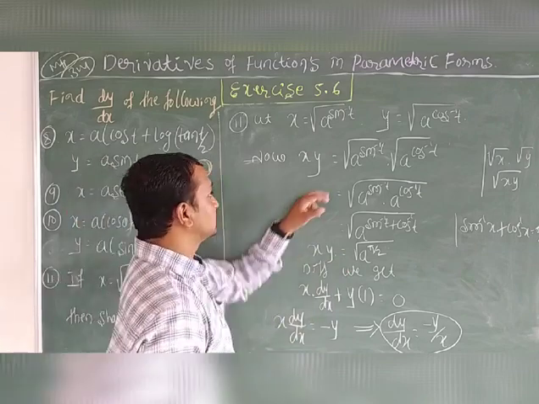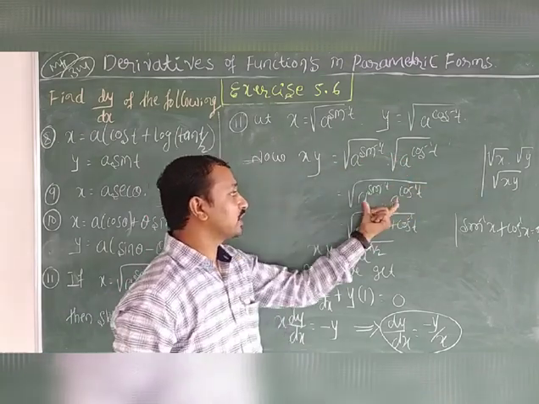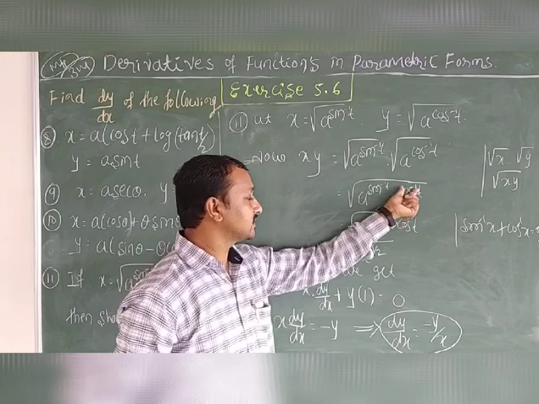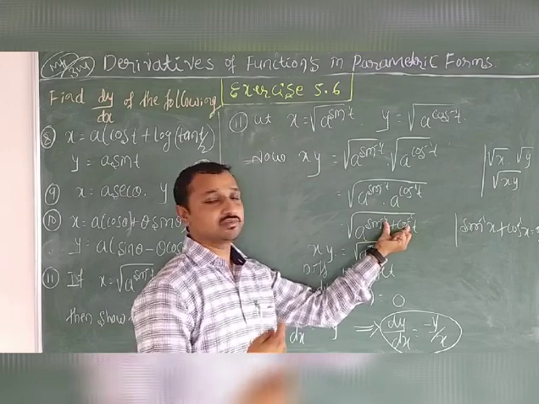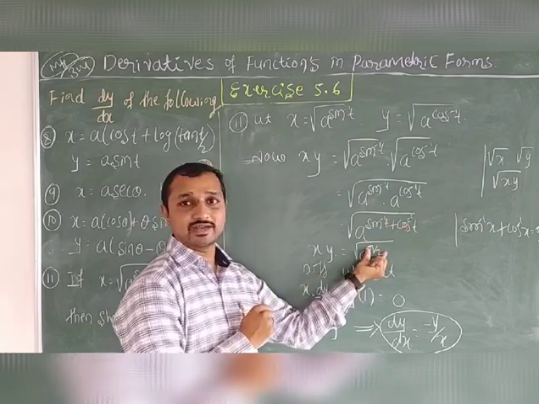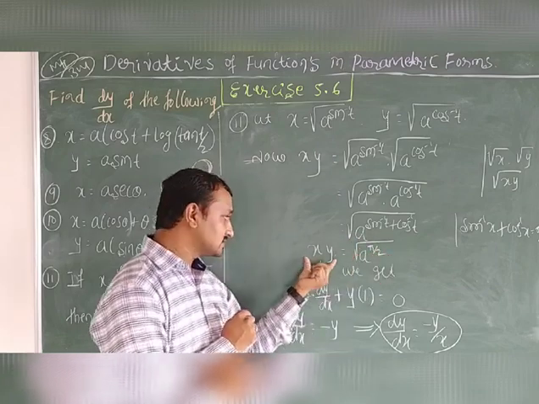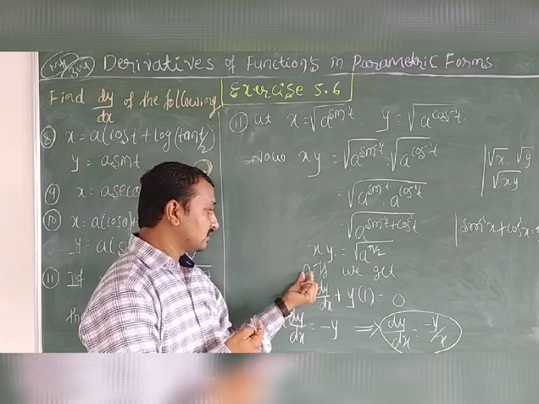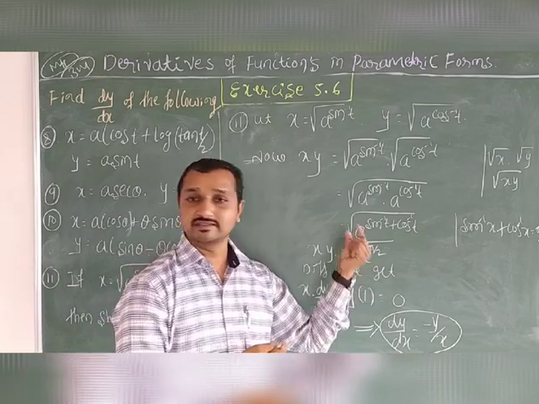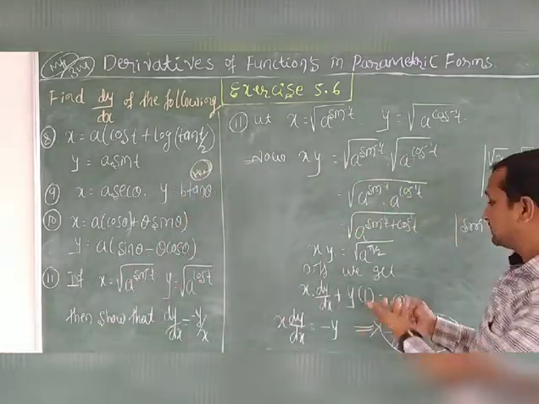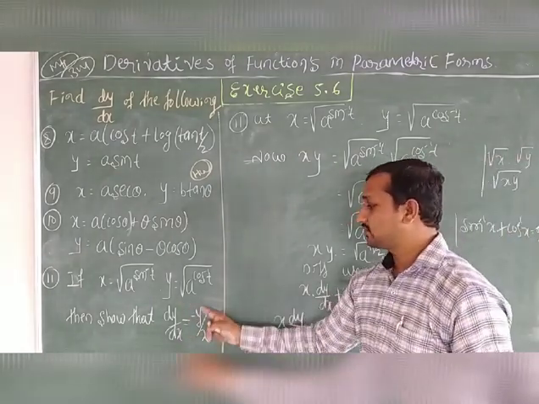Once again, x into y. By using roots, root x into root of y is nothing but root of x into y. A raised to m into a raised to n is nothing but a raised to m plus n. Then the value of sin inverse of t plus cos inverse of t is pi by 2 by using the inverse trigonometric function. This whole term is constant, and the derivative of a constant is 0. Then this is a multiplication term, which is very easy. Differentiating, we get first function into derivative of second function plus second function into derivative of first function. So this way we show that dy by dx equals minus y by x.